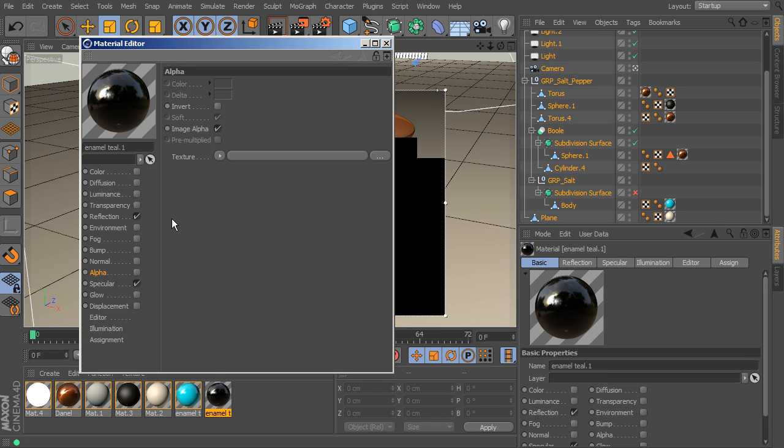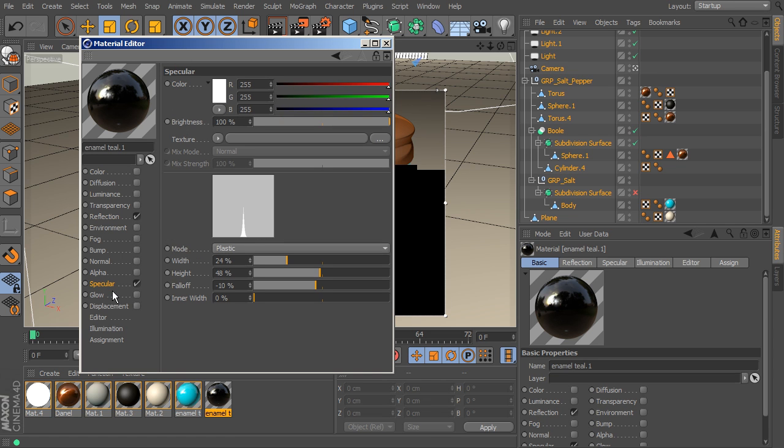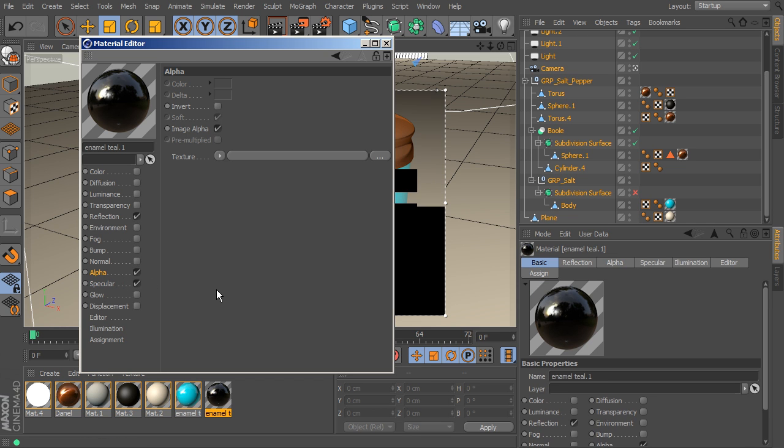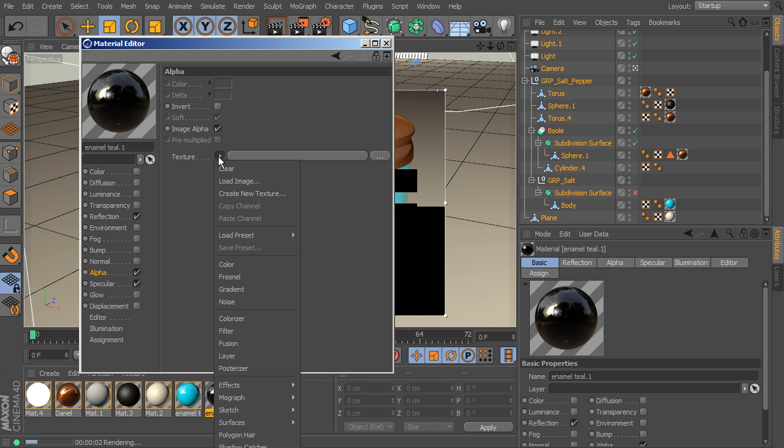And I'm going to turn off the color channel for a moment because I don't want any color coming through for that blue color. We're going to change that in a little bit. But the reflection and the specular I wanted to be the same, so we'll leave those there. Now to get the pattern that I'm wanting, we're going to want to plug in to our alpha channel. So go ahead and enable your alpha, and then we'll go through our texture property here,